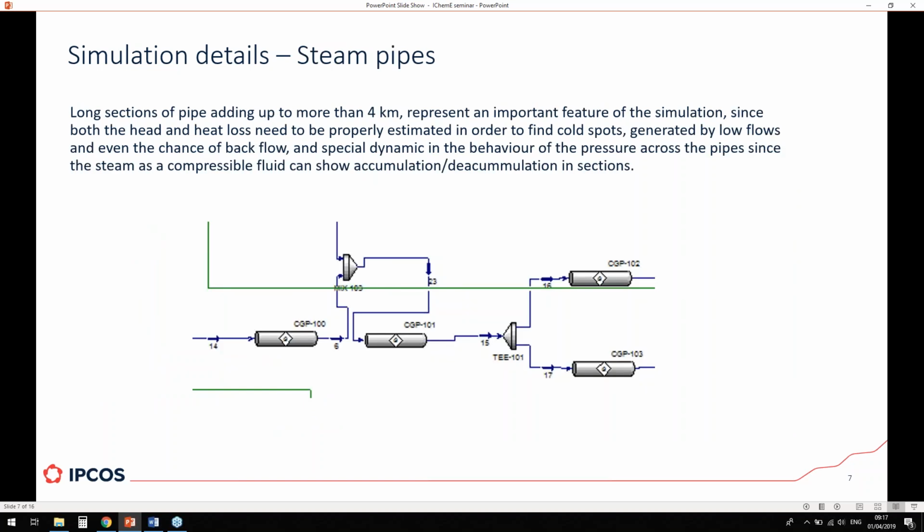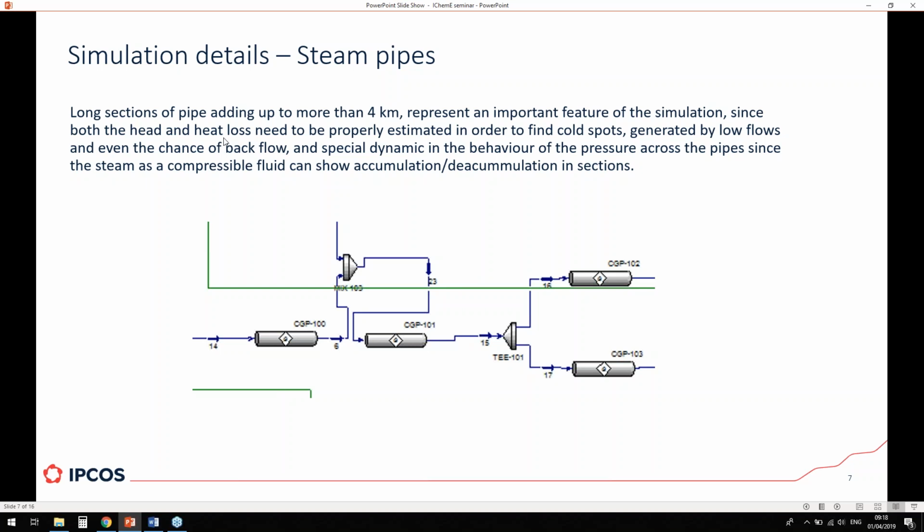And then finally, if you remember, we talked about more than 4 kilometers of pipe that we see in this network. And this is one of the biggest worries for them. The things that they really take a good look at is the fact that because it's 4 kilometers of pipe, although of course they're insulated, and they take all the precautions that they can, in any case, 4 kilometers are enough for you to first lose a lot of head. There's a pressure drop across all those kilometers of pipe, but there's also loss of heat. So since both the head and the heat loss need to be properly estimated in order to find cold spots specifically,